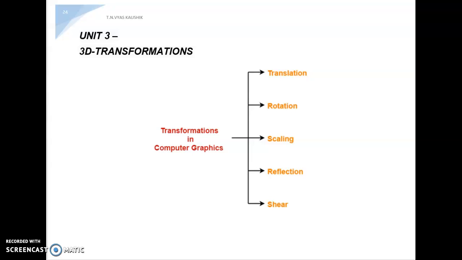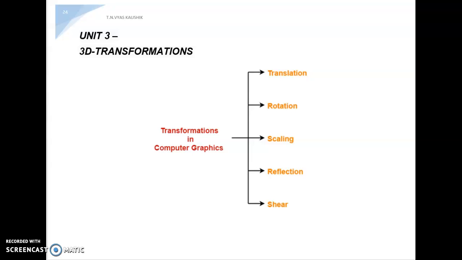In the second unit we saw 2D transformations, 2D viewing and some clipping algorithms like line clipping, polygon clipping and text clipping algorithms. In the third unit, as we have already seen in the previous video, we'll be seeing 3D transformations, 3D viewing, Bezier and B-spline curves, and also parallel and perspective viewing, which is a very important concept in 3D viewing. Before we go to those things, let us finish the simple one, 3D transformations.